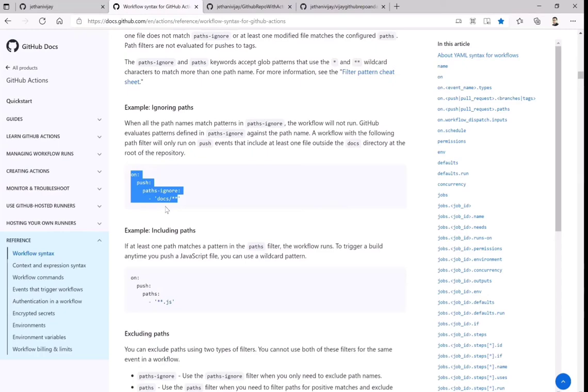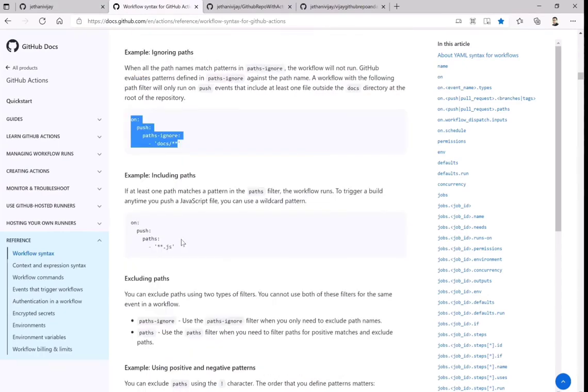The other way to look at it is to say run only if a specific file gets changed. Here I'm saying any specific JavaScript file, if that gets changed anywhere. That means throughout the repository, which is the two asterisks. Go and commit that, and once that is committed, run that workflow.